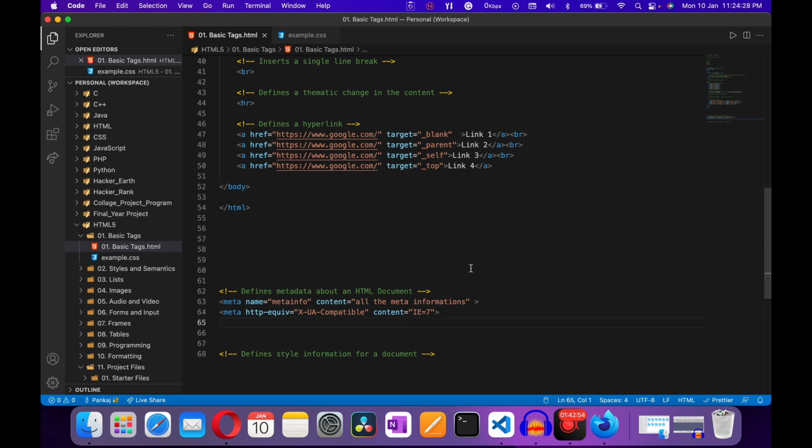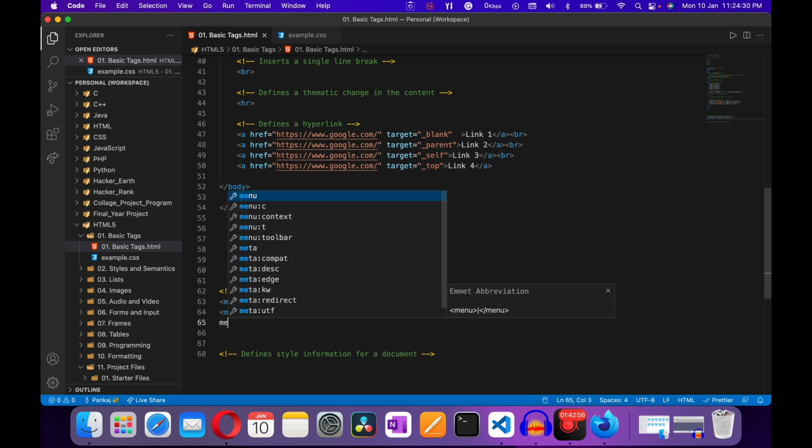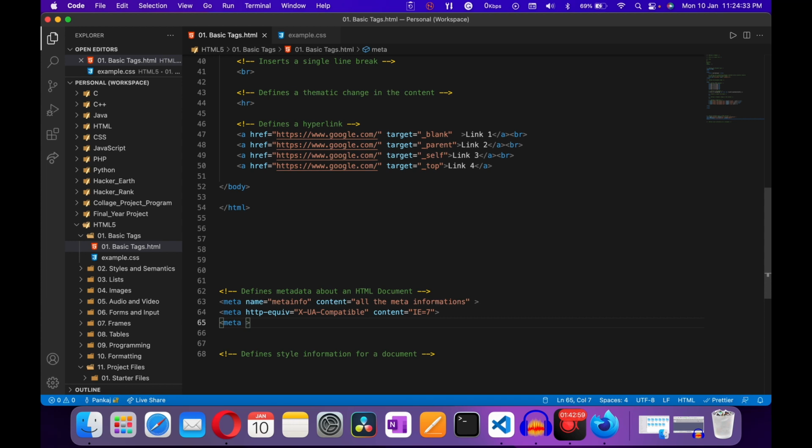As another example, I'm just writing meta, and in meta I'm typing a name, and in name I'm typing YouTube, and in content I'm writing Code with Pankaj. Here you can see YouTube is a name and Code with Pankaj is the content inside YouTube.